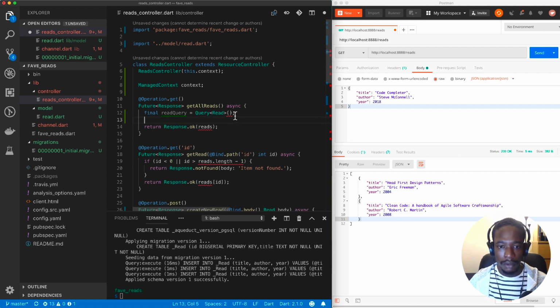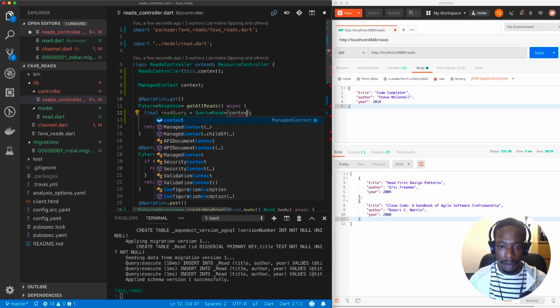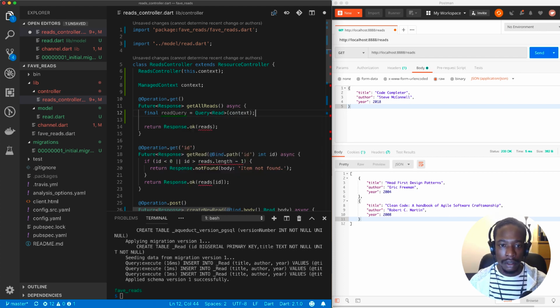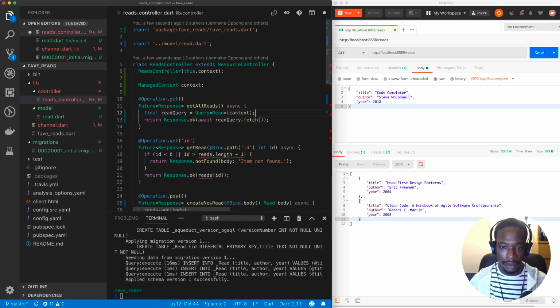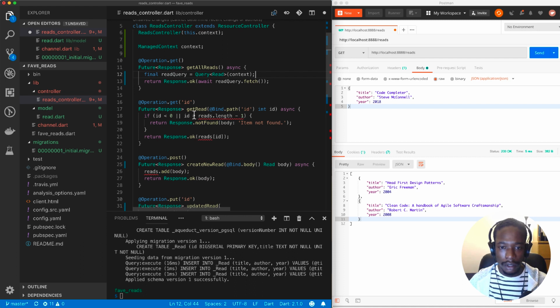That way, essentially, we need to feed this query object our managed context, so it's got a connection to the Postgres database. And then what we do here is this read query now gives us various methods we can call. So we can do an await, and we'll do read query dot fetch. It will just fetch all the rows in our database and return that for us. Okay, and then